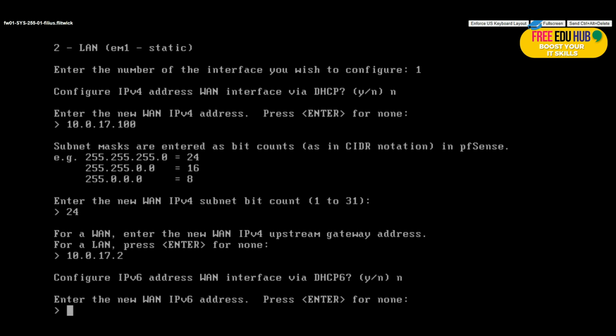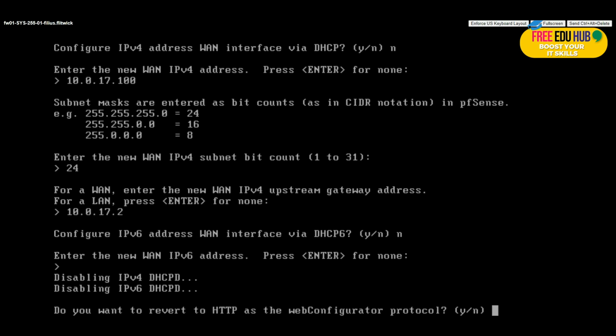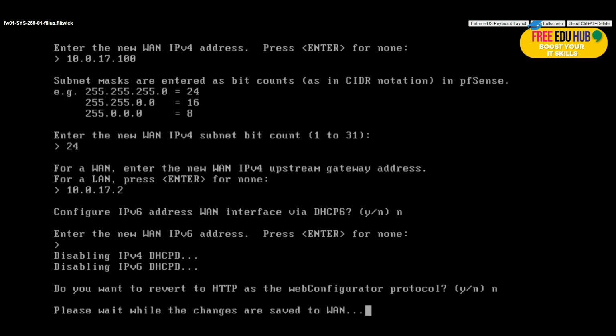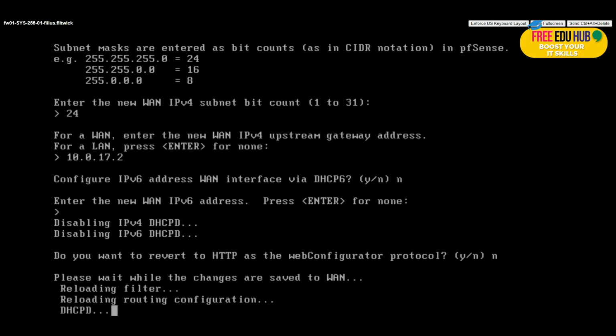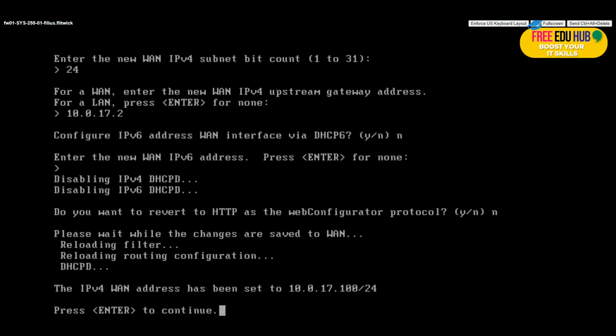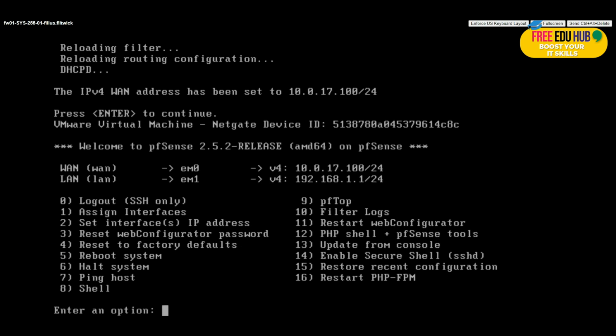Further it asks for the IP address for IPv6. I'm not going to select it, so I'll just press enter. And here also we'll be using HTTPS, so I don't want to revert to HTTP. I'll press no and press enter. Now it will save the configuration, and then it would ask us to configure the LAN interface as well. As you can see, it has defined the IP address for the WAN,